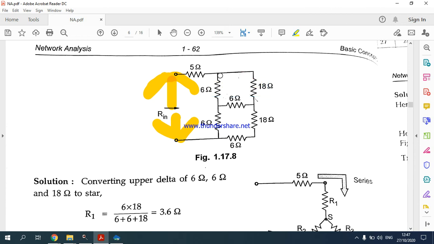Okay, what do I do? Here you will get one resistor, right? Here this resistor, just now I will call this one R1. If you want to get R1, this resistance here, then what do you do? 6 into, yes, tell me. If you want to get this resistor, what do you do in between this 6 and 18, if you want to get one resistor, what do you do?